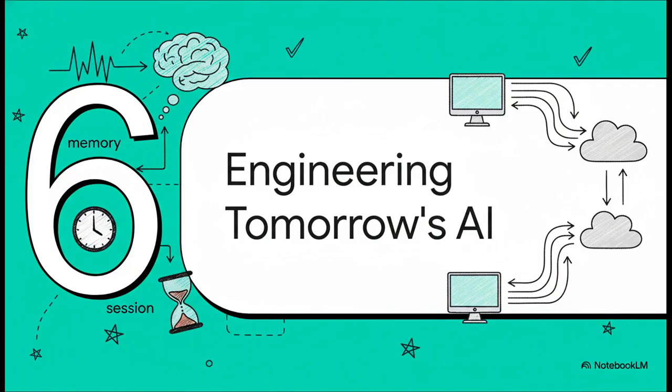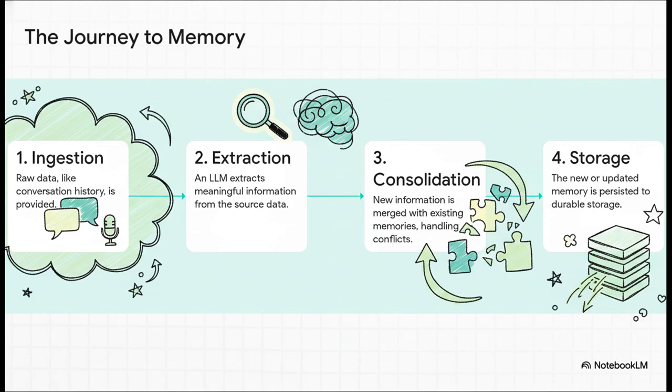Okay, so now that we have our two core pieces, the session as our workbench and memory as our filing cabinet, how do engineers actually put them together to build the AI of tomorrow? Well, it's basically this really smart pipeline. First, the system takes in the raw conversation. Then it uses an LLM to pull out the important, meaningful bits of information. After that, it merges those new facts with what it already knows, making sure there are no contradictions. And finally, that new, curated memory gets saved for next time. It's a brilliant way to turn messy conversation into structured knowledge.